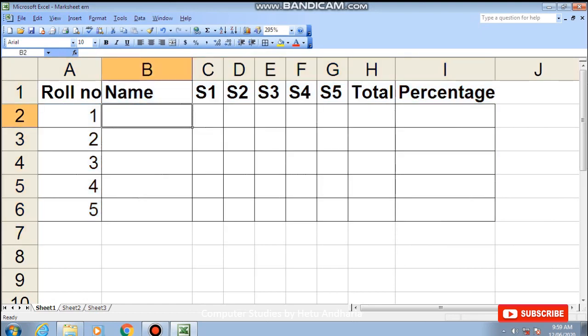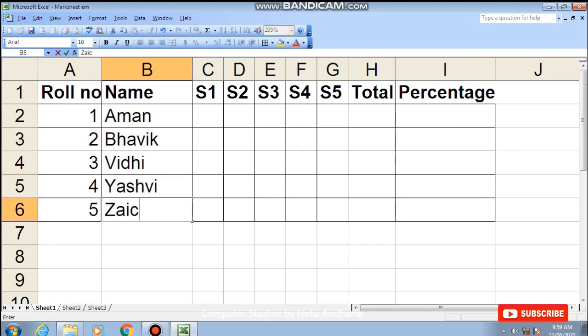Names I will type. So I have typed 5 names here. Now any random marks I will enter here.